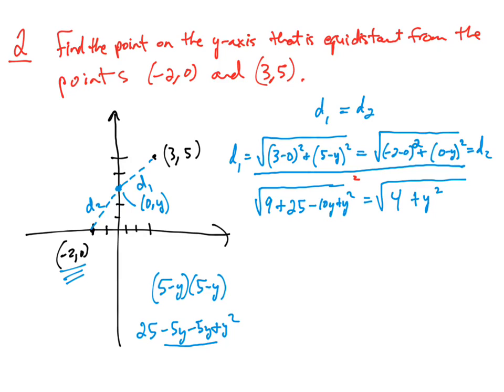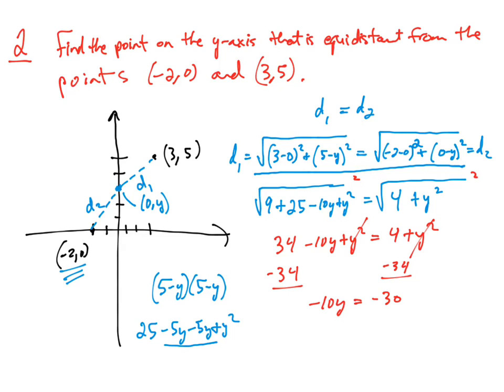Okay, so from here we can square both sides of this equation. That'll remove the radical. So 9 plus 25 is 34, minus 10y plus y squared equals 4 plus y squared. I can subtract y squared from both sides to get that to cancel, and then I'm going to subtract 34. We get negative 10y equals negative 30. Divide by negative 10, and we get a y value of 3. So this point here is going to be 0, 3. Moving on,